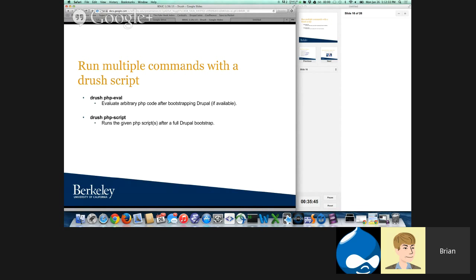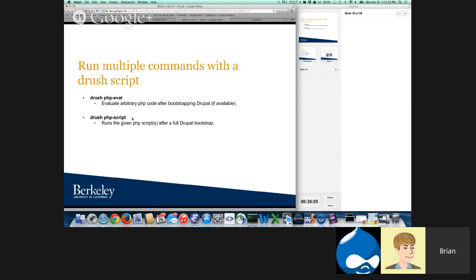You can put a semicolon at the end of one PHP command and add another one, or use an ampersand, whatever. But when you start getting into longer commands, using PHP script gets more convenient, because you can actually write